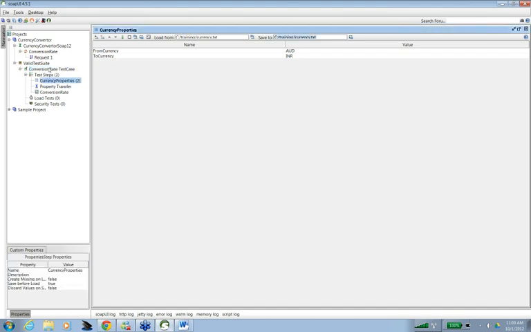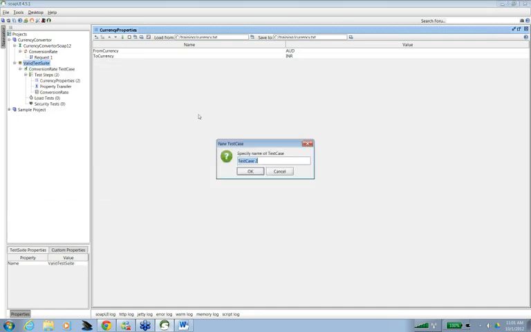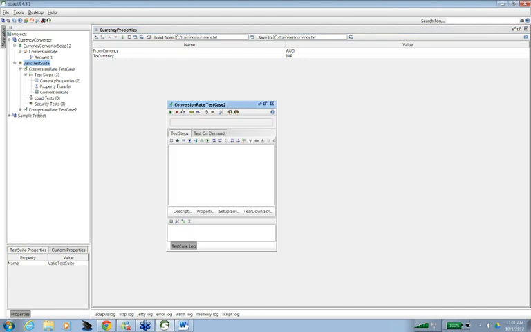So here I have created just one test case, the conversion rate test case. I can create any other test case also. So I can write here new test case, conversion rate test case 2, and again I can add the steps here, do the property transfer, give the conversions, and I'm done.